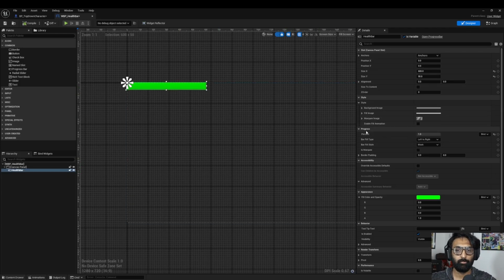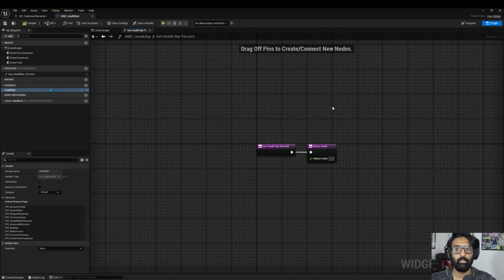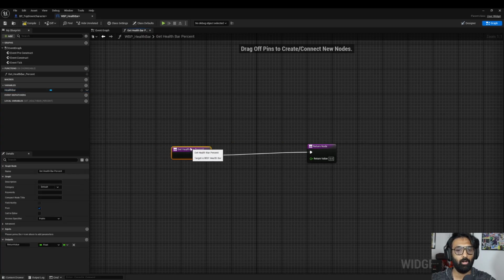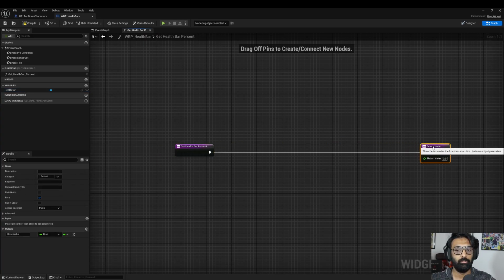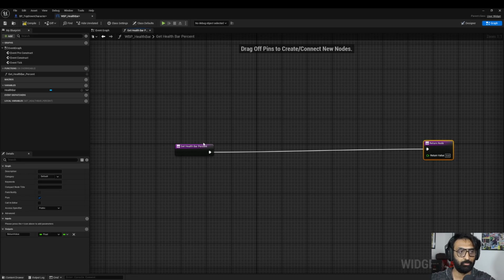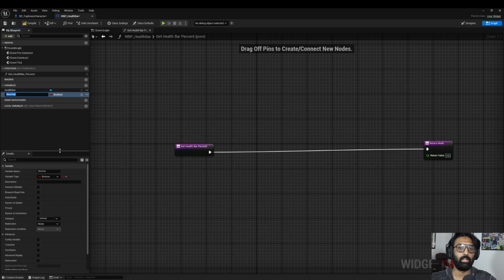If you go to this percent under the progress tab, you have this option to bind a logic. So you're going to go inside, click the drop down menu, create binding, and it's going to take you inside of a graph. You are going to get a function here, so you're going to build a logic here as well. Before that, let's go into the variables and create a reference to our actual character, because